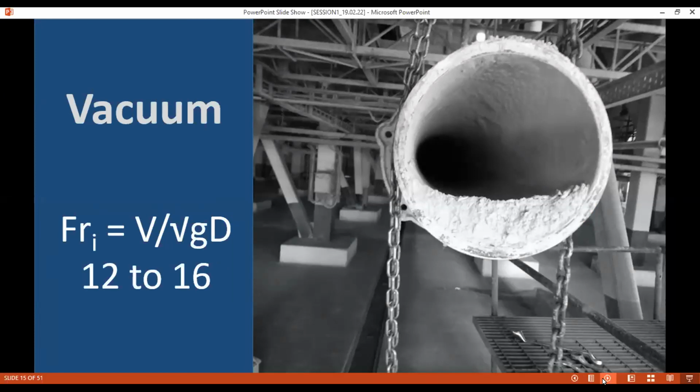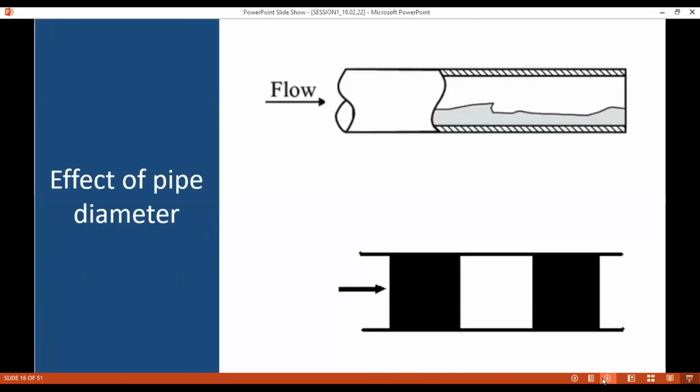For pressure, this will be 6 to 8. So for vacuum, this is 12 to 16. For pressure, this will be 6 to 8. Now, in vacuum, you might think, why do we need extra